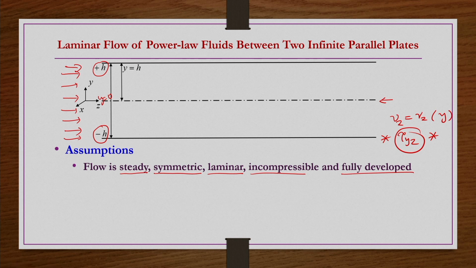The fluid is incompressible and the flow is fully developed because L by H is very large, or lengthwise these parallel plates are very long, and the gap between these two parallel plates is very small. So, because of that we can happily take fully developed flow conditions as a valid condition. Okay. In the 3-dimensional view, the width of the plate in the x direction